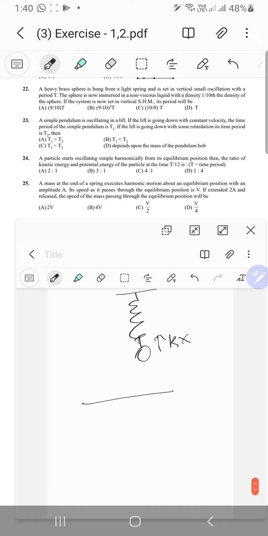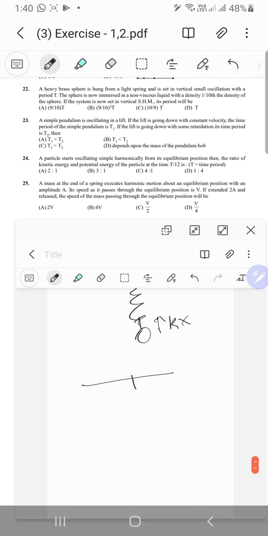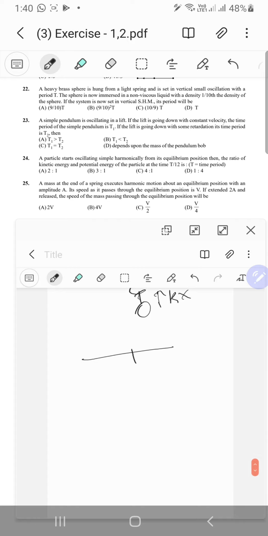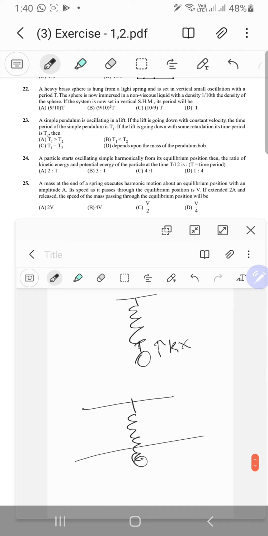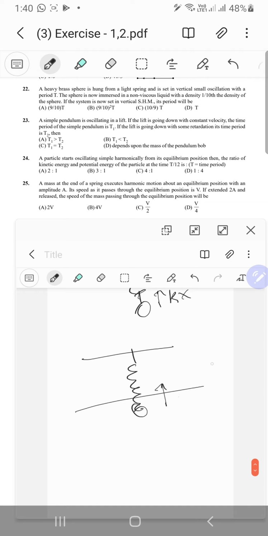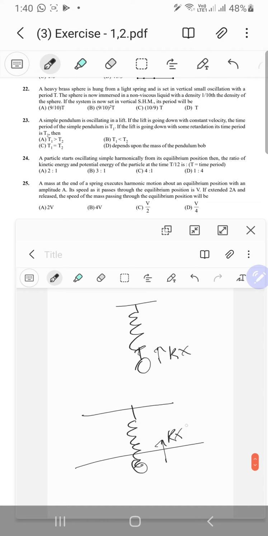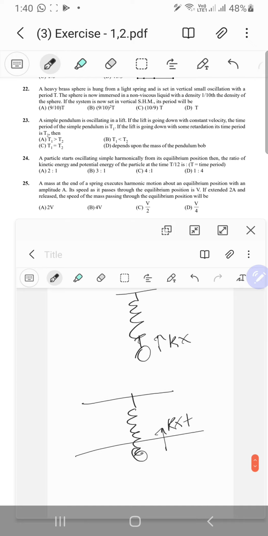But now, wait a second, it's T, huh? It's now set in SHM. Its period will be, wait, but you only gave the density. Okay, fine, let's just see what we get. Now it's immersed in the liquid. So if its displacement from the equilibrium position is x, what will be the force on it? The force will be kx plus there's an extra layer of liquid which is going to be pushing it,